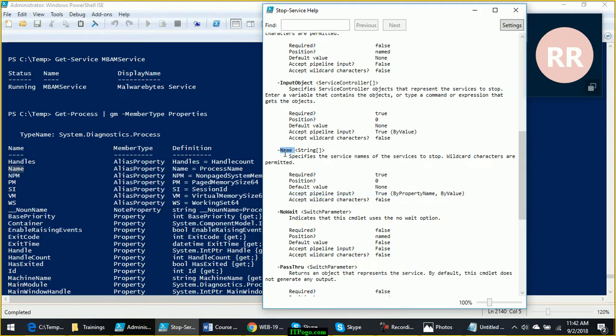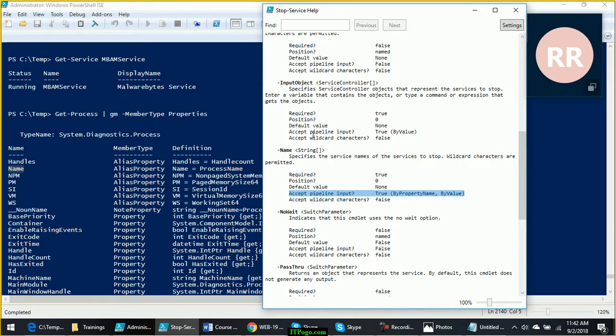The Name parameter can accept pipeline input. That's why the values from the Name property can be passed to the Name parameter. And we are not doing that. PowerShell will automatically read the values from the Name property and give them as input to the Name parameter.